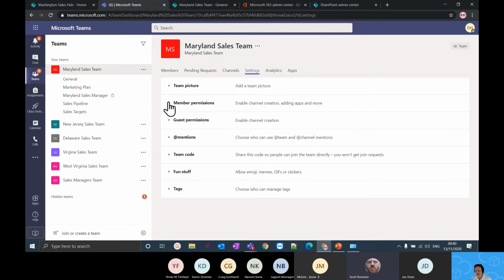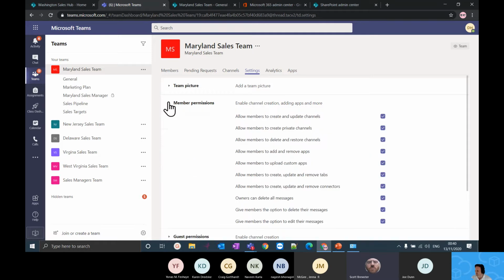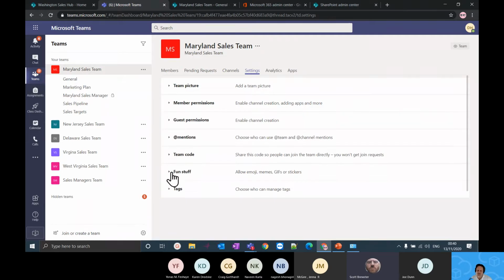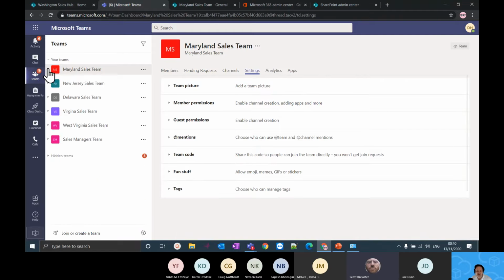They can go in the settings, and they can control some of the member permissions in there, so they can choose whether or not to delegate the ability to create channels to members and things like that. And of course, they can turn off the fun stuff, which they shouldn't do. Yeah. So there's at least a couple of things in Teams that give you kind of a semblance of